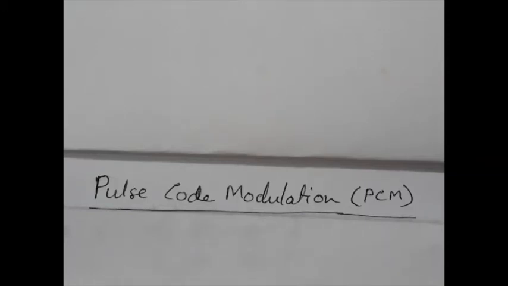Today we will discuss pulse code modulation or PCM. Pulse code modulation is the basics of digital communication system. Whenever we try to send some information, analog information through digital system, we have to convert this analog signal into digital signal. And PCM is the way through which we can do this job. So first we take the samples of this analog signal, and then we convert it into equivalent digital form so that we can recover it back into analog signal again during the reception time.